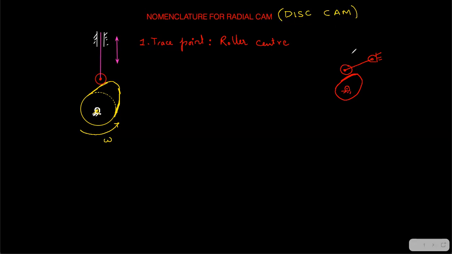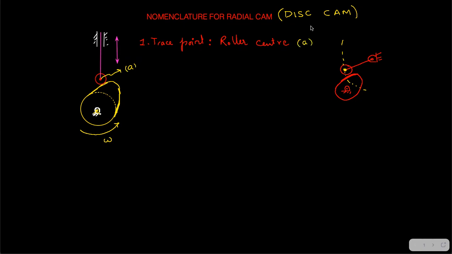So now for this point, the trace point is again the roller center. And how will it trace? How will it look? See, the trace point will have this type of motion, right? Yes, it will go up and oscillate down. So this point is the trace point. Here, this point is the trace point. So I'm going to show clearly by using an arrow indication. Which is the trace point? See, this roller center is a trace point. Fine. Okay, it'll become more clumsy. So let's simply name the roller center as A. Okay, so roller center A.